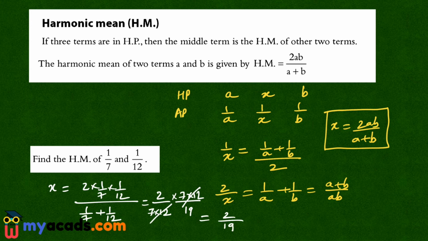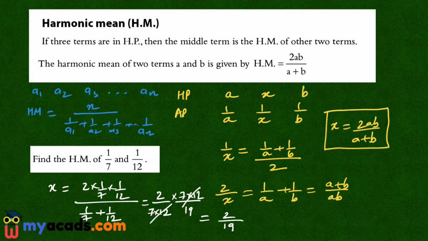Now we will see how we can find the harmonic mean of n numbers. For example, my numbers are A1, A2, A3 and so on till AN. So the harmonic mean is n, that is the number of numbers I have. So here I have n numbers, so n upon 1 upon A1 plus 1 upon A2 plus 1 upon A3 plus till 1 upon AN. This is the formula for harmonic mean.